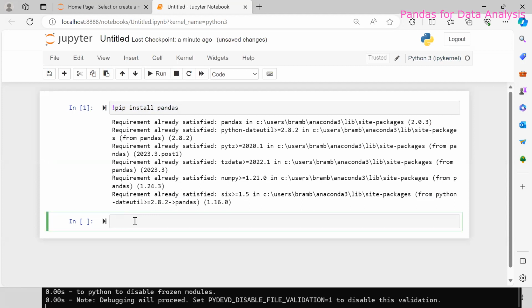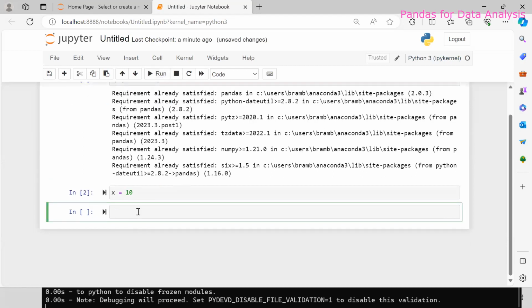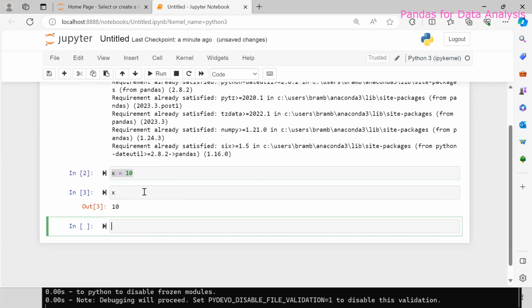And the beauty of it is that if I write x is equal to 10, if I assign x in this cell and I'm not going to execute it, it will remain in memory until I close this file, and that is very helpful while practicing pandas. So if I use x in the next cell after some time, even after a number of times,